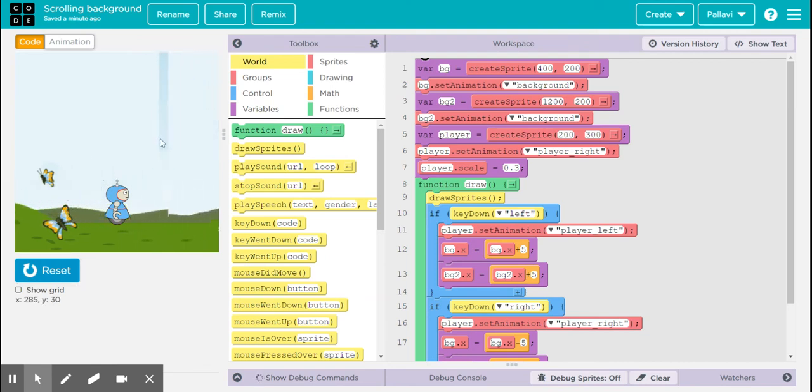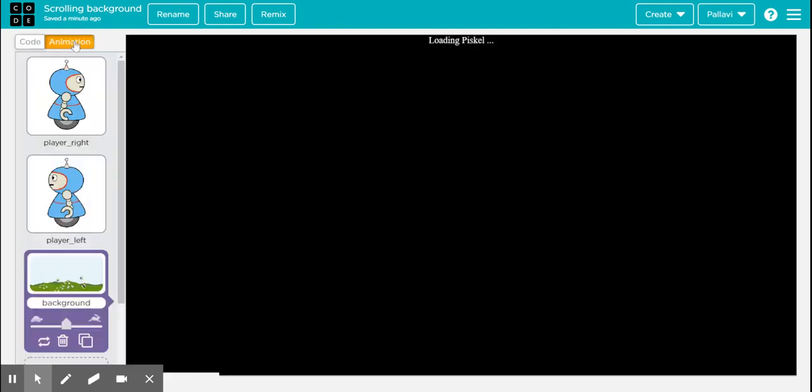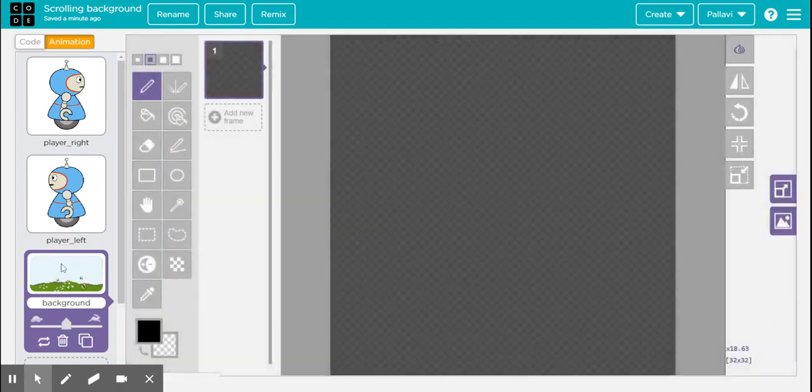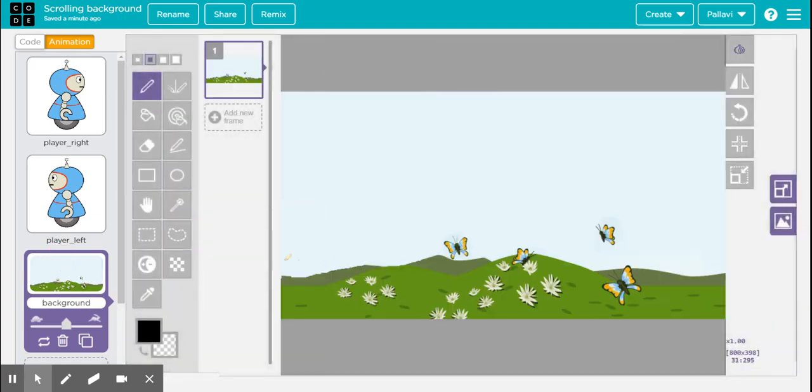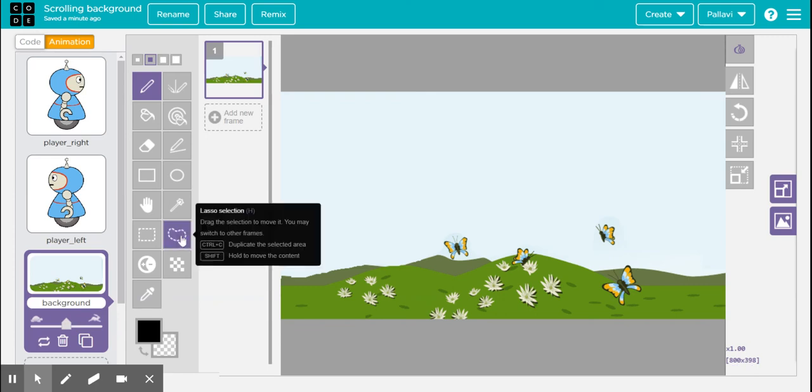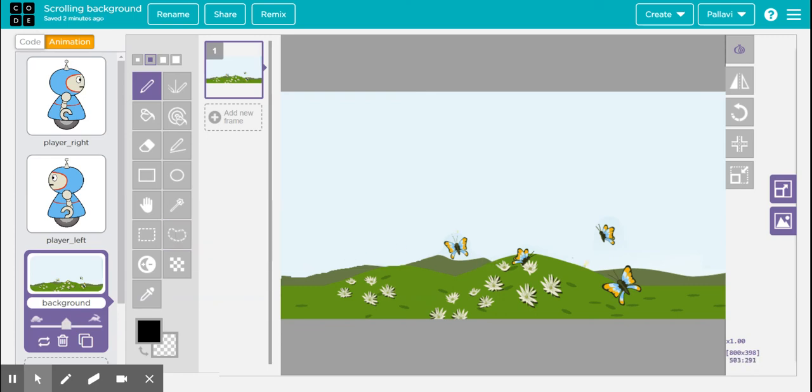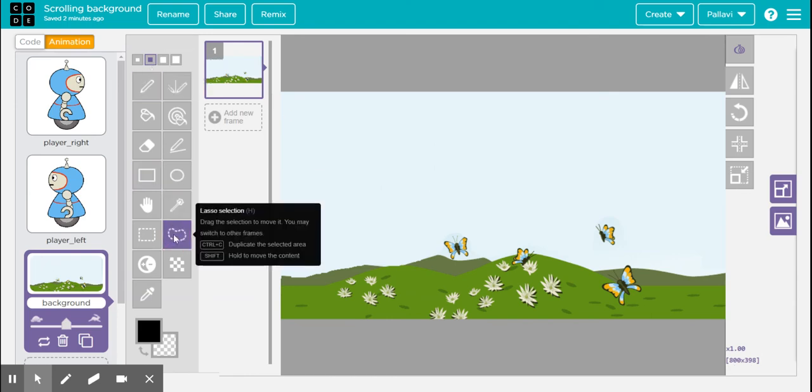Here I have not edited it out because I want you to observe that this is where the second image starts and the first image ends. To make it look more natural and remove these patches, you can edit your background sprite. You can go here and use this cutting tool, which is a freehand cutting tool, to cut out the shaded portions of the background. For example, I will show you one part. Oops, I have chosen the pencil tool. So you have to choose this one.